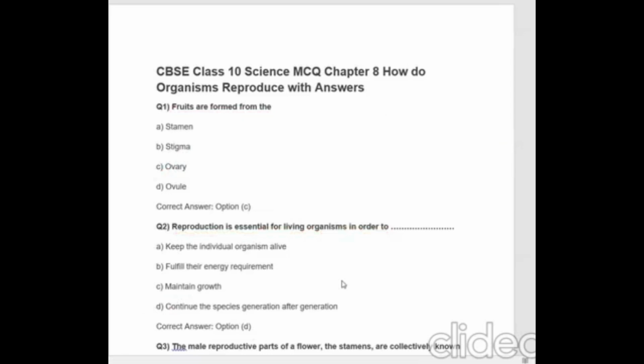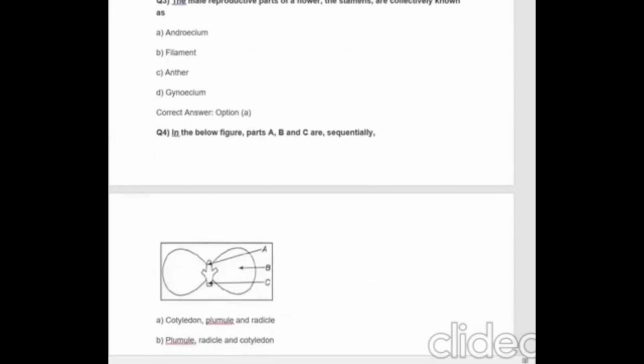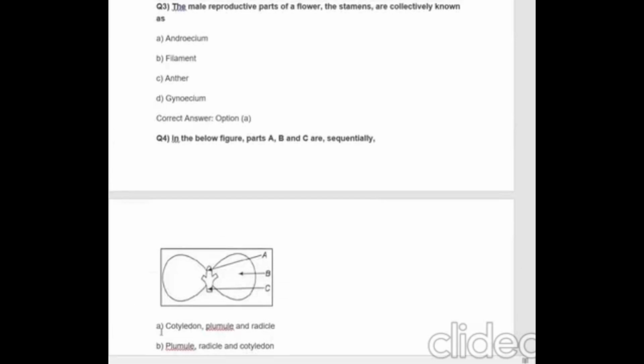Next, the third question you can see here. The male reproductive part of the flower, the stamens, are collectively known as. So stamens, you can see M-E-N-S, men means male. So stamens are the male part of the flower. You can see